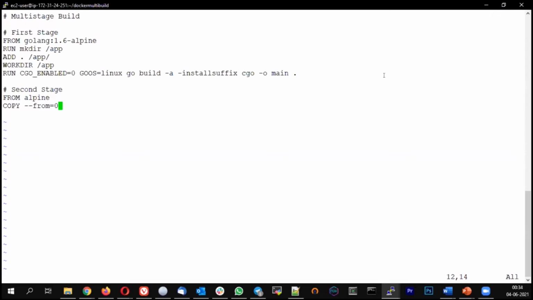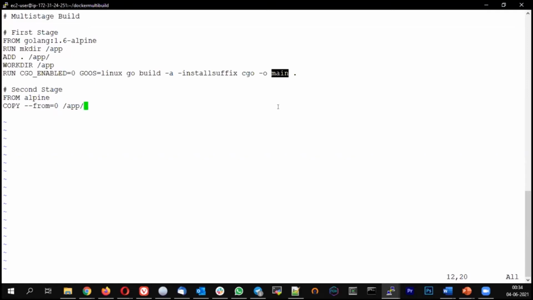So 0 represents the first stage. If I have another stage, for example, if my multi-stage build has 3 stages and I want to copy something from the second stage, the option will be --from=1. So in the image, I am going to copy the app